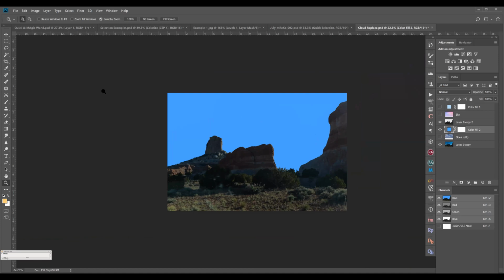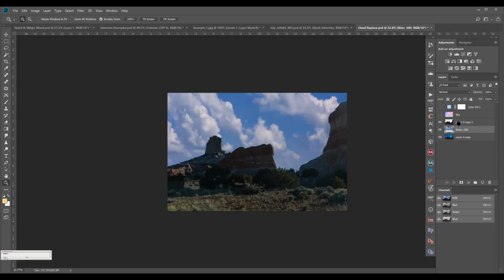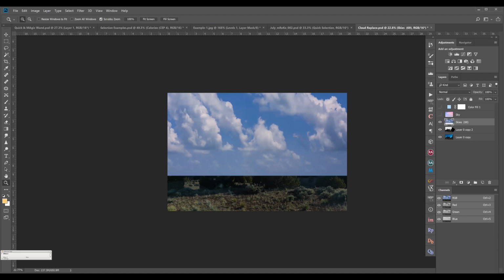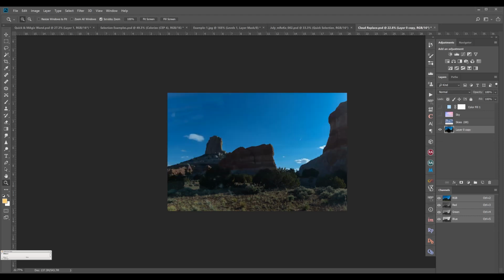Can you repeat the sky change thing that you just did? You added a mask. I didn't add a mask here, because I didn't want to go into the layer mask thing. So what I will do is just delete this layer. This was the original image. I will drag it down and duplicate the layer. And then I used the quick mask tool, just selected it, selected it, selected it.